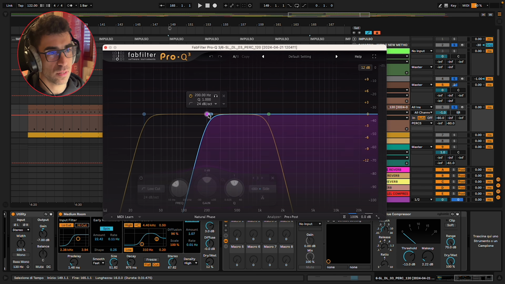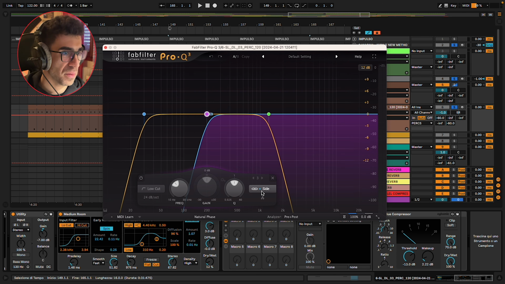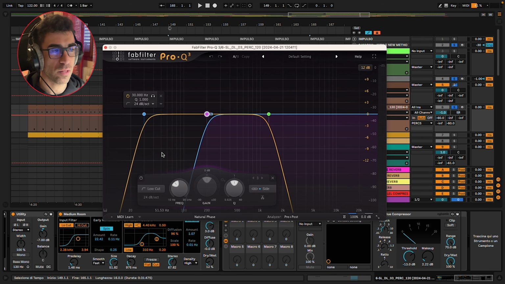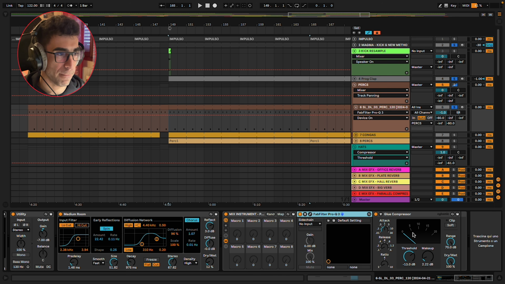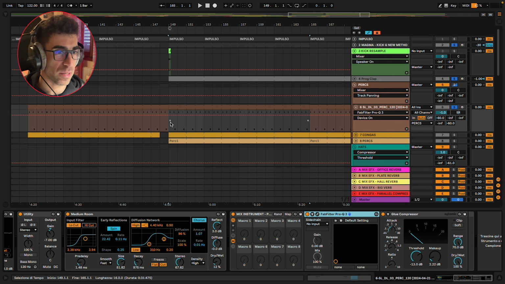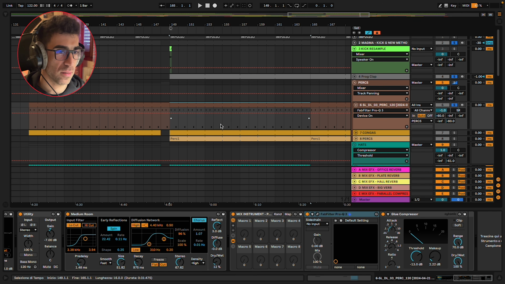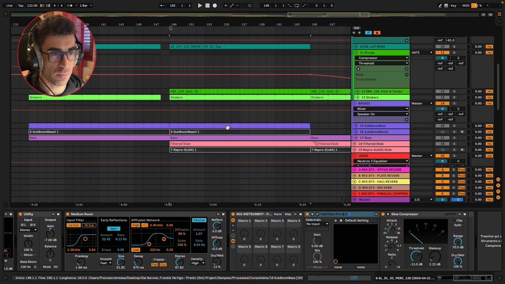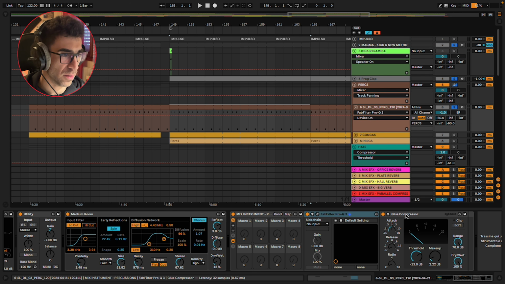Here I used this mid-side equalization just because I felt that this perc had a weird feeling on the low end, so I prefer to put it in mono. Very simple. And this was mainly to fit the bass line to make them tighter and groovier.